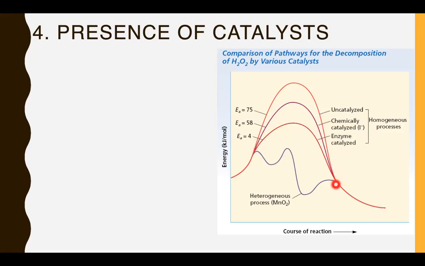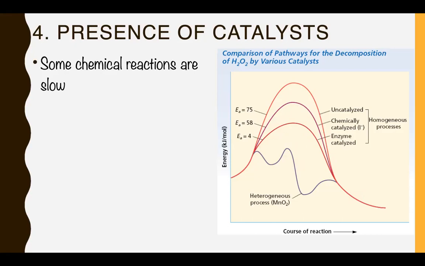So the reason why this increases reaction rate is that it just makes it easier for the reaction to occur by requiring less energy to activate it. I go back again to the analogy of rolling a ball up a hill. If you can lower that hill, it takes you less energy to get over it. And that's the purpose of a catalyst. The nice thing about a catalyst is that it reduces activation energy without taking part in the reaction and without